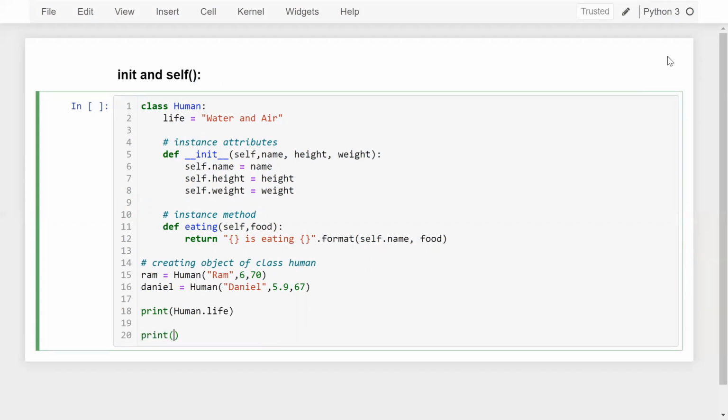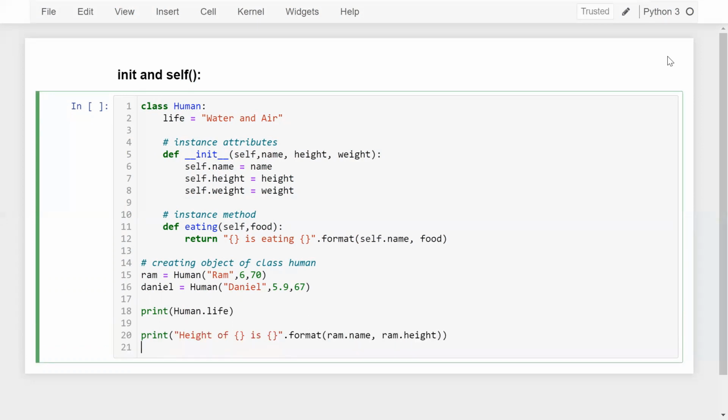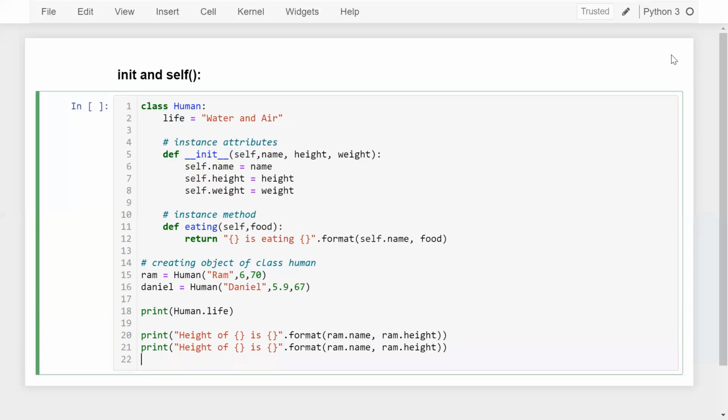Now print the height of this one, and here I'm using the f-string method, right? So .format, which is ram.name and ram.height. And the same for the weight, so let's say weight, and here weight.